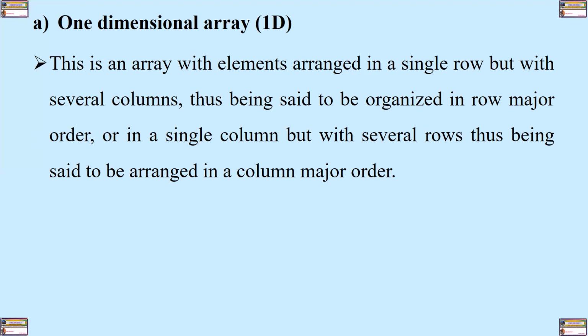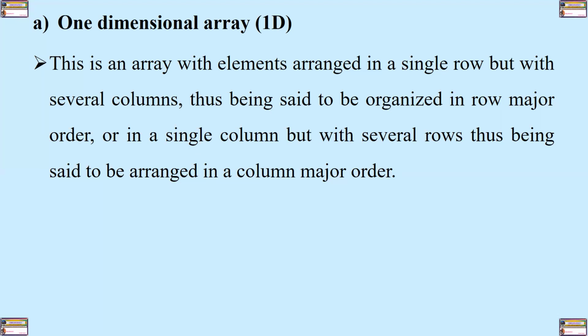So because it's only a single value in a single column, sometimes we only say that a one-dimensional array has only either one row or one column, but not a combination of both. I know that's confusing, right? We are going to understand more when we look at the multidimensional arrays, or the two-dimensional arrays,